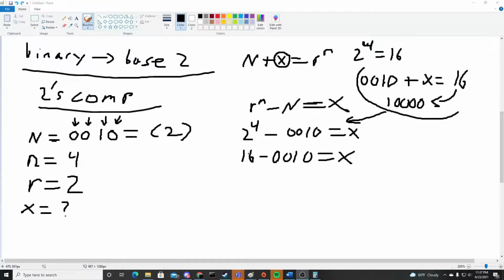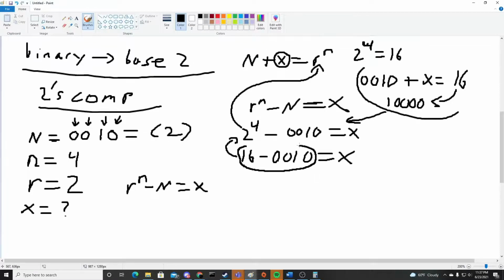And so I really should have done this part first probably, but since 16 is really our 2 to the 4 here in the equation above, and then 2 to the 4 is really our r to the n in this equation, ultimately we wanted to get it into this form like we had before, because this is the form you'll see most often, r to the n minus n equals x, the missing number we're looking for. So you can see here that this equation is really this equation,